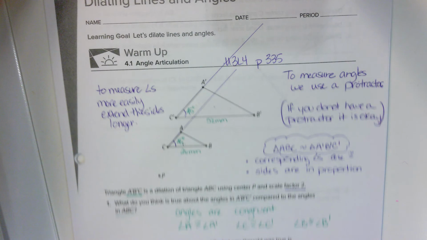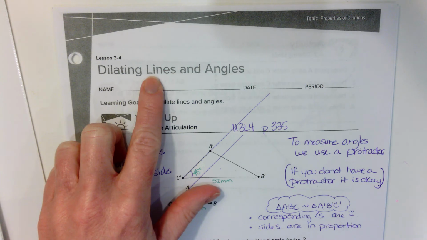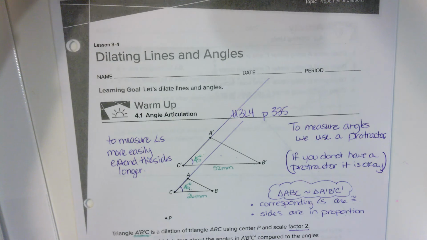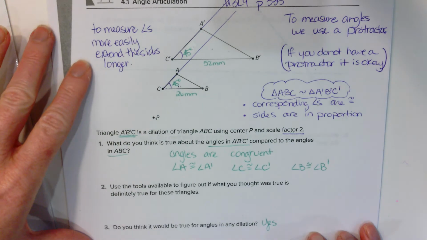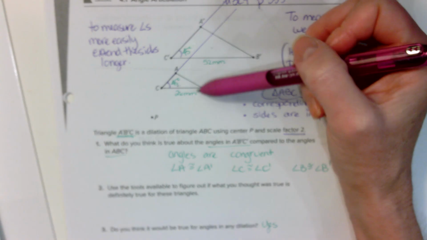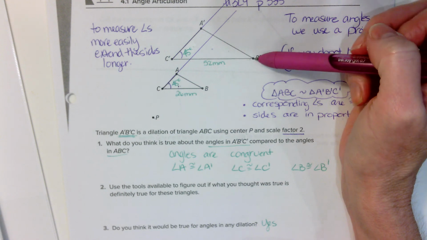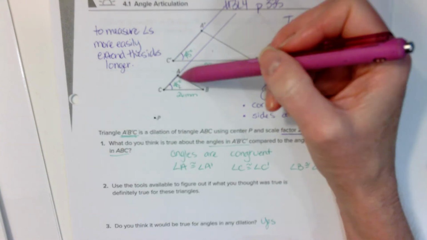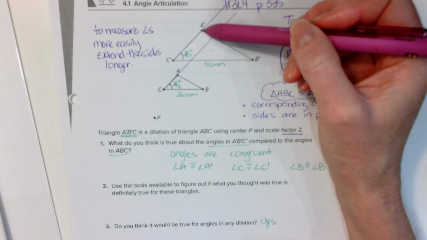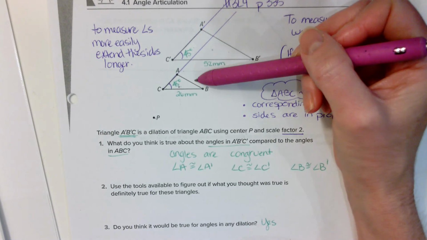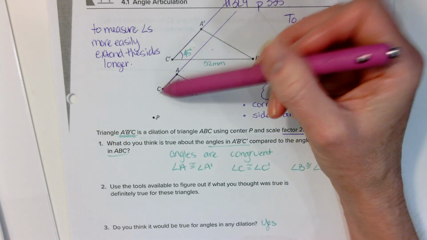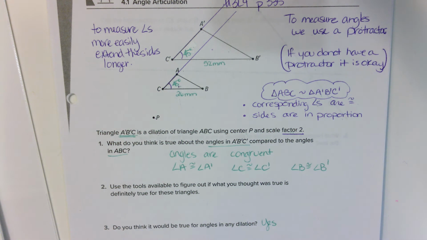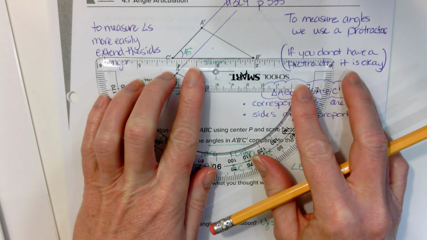So at the top of this, you can see that the title was dilating lines and angles. So I want to take just a moment and talk about the lines of a dilation. We've mentioned this before, but CB is parallel to C prime B prime. And side AC and side C prime A prime are parallel, and AB and A prime B prime are parallel. So I want to take a moment using this angle C and just show you something you should recognize from Unit 1. So if I extend this side a little bit